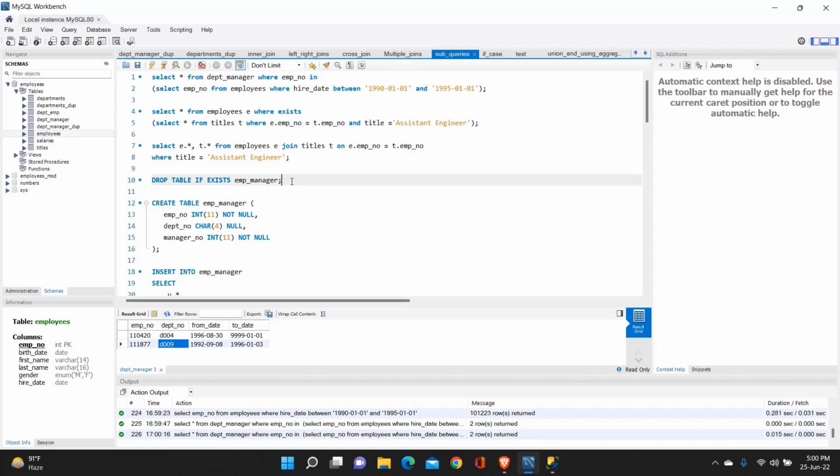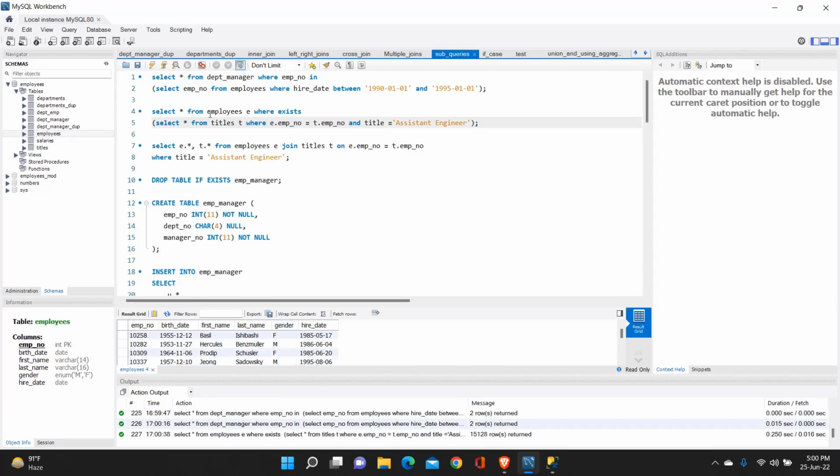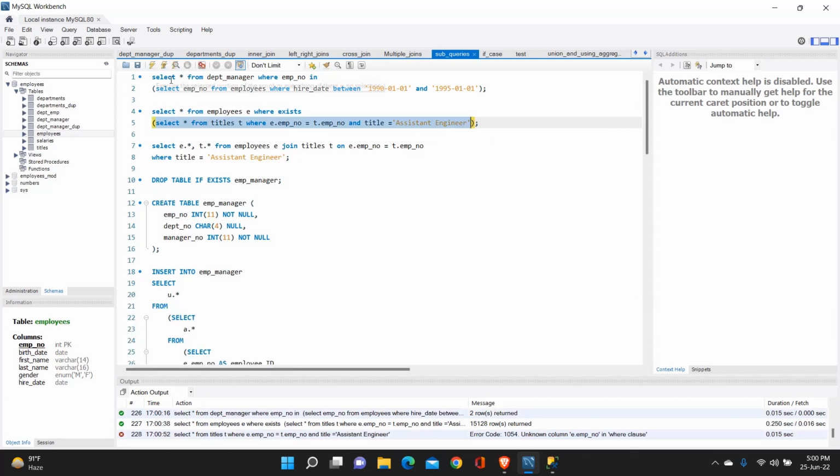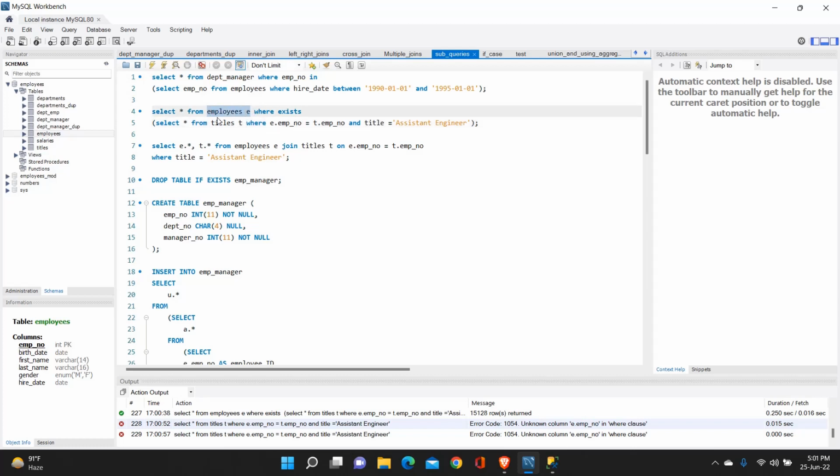Yeah. So okay, next one, let's run this. I think this one is working. Okay, so this is where exists, this is a little bit advanced, I guess. Where exists means that if this table exists, then it will give the output. Let's run this one. Okay, this will not give us the output. Yeah, it is telling us something. Because this will not run like this, because we have taken employees here, and we have taken titles here, and so what we are doing is